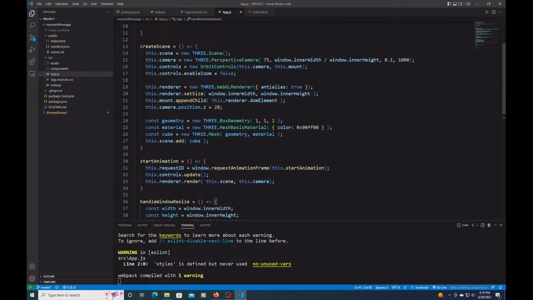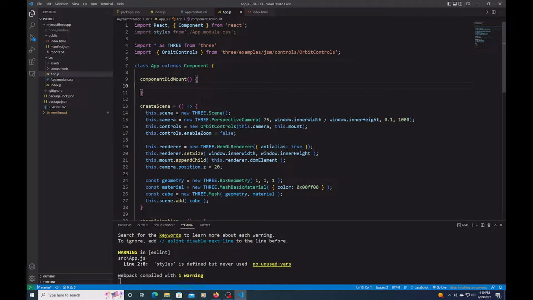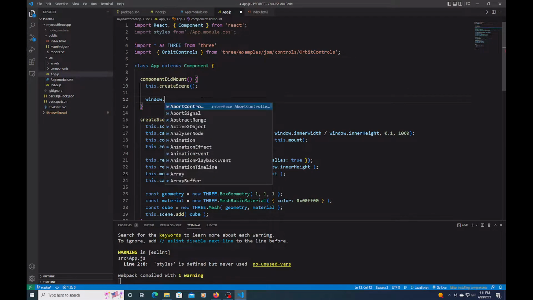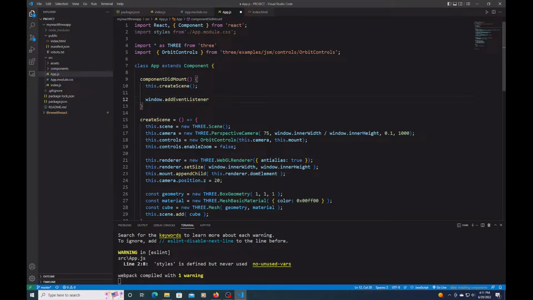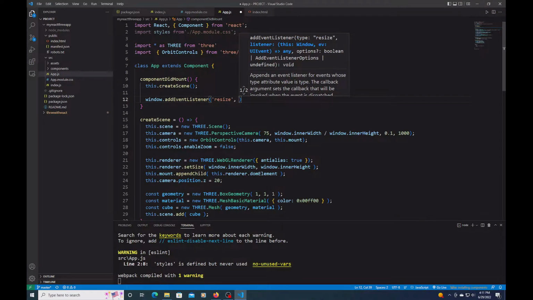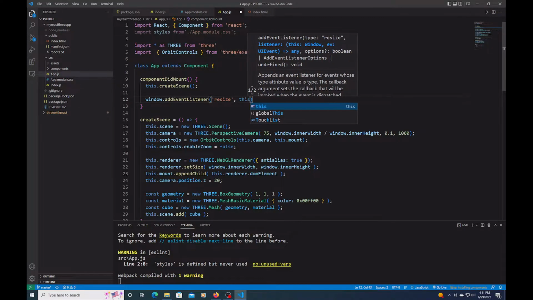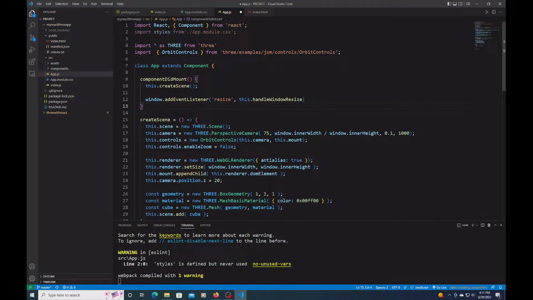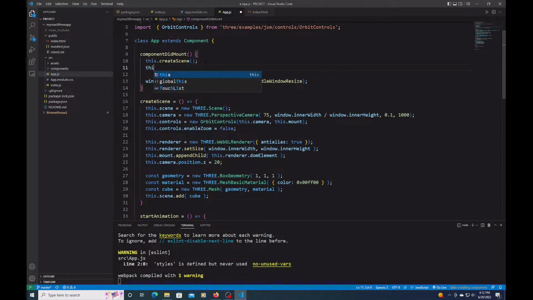So then in my componentDidMount, what I want to do is instantiate the scene. So I'm going to say this.createScene, and then I'm going to add an event handler. So I'm going to say window.addEventListener. Then on here it's going to be resize, and then it's going to pass in the function, which is going to be this.handleWindowResize. I'm also going to add the animation, so I'll say this.startAnimation,